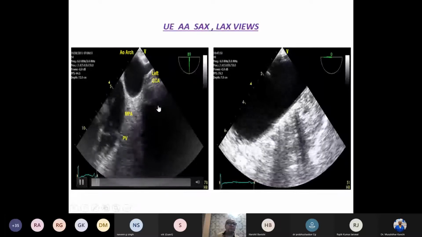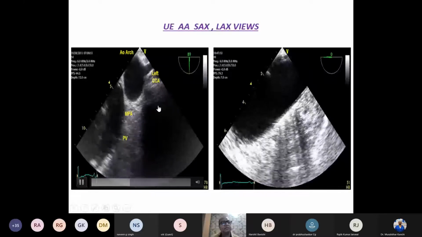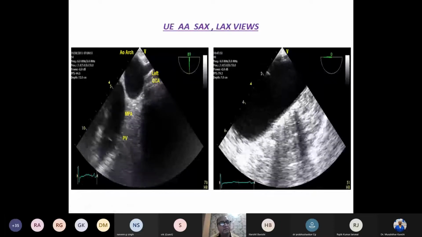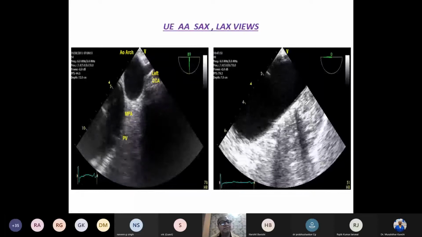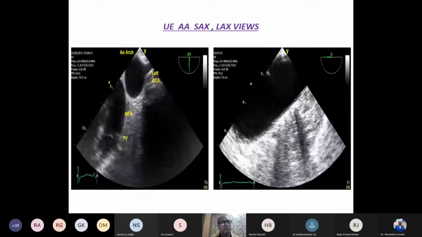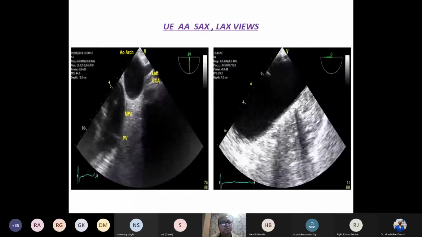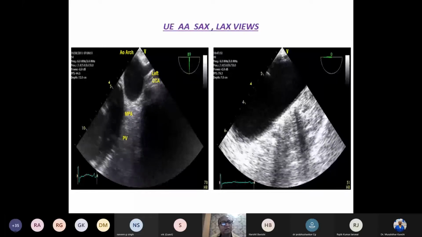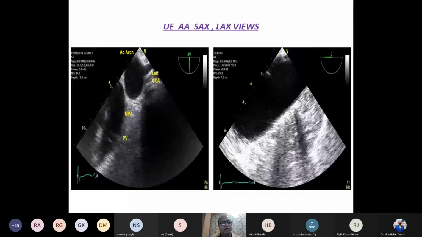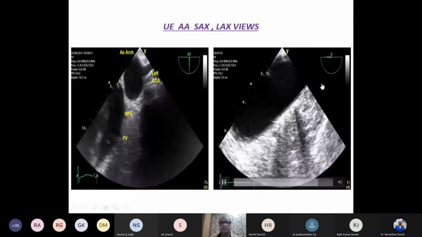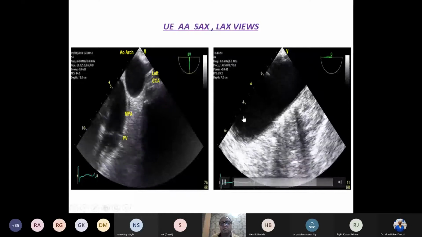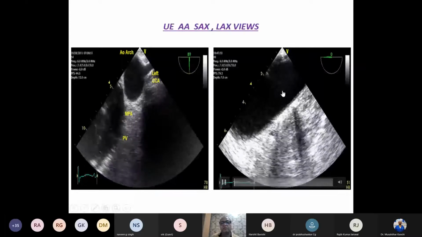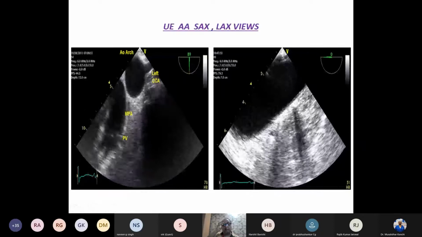Nowadays, nobody tends to shift the patient if the patient comes to an emergency room with a dissection, which is an emergency. You don't need to take him for a CT scan or MRI. In fact, a transesophageal echo can be done and finished within about 3 to 5 minutes, and you can visualize to a very large extent the origin of the branches of the aortic arch. On the right-hand side is the aortic arch long axis view, where we'll see the proximal may not be seen, the distal portion of the aortic arch.